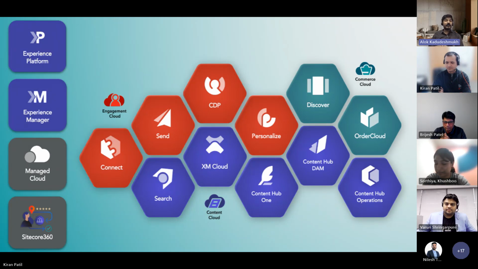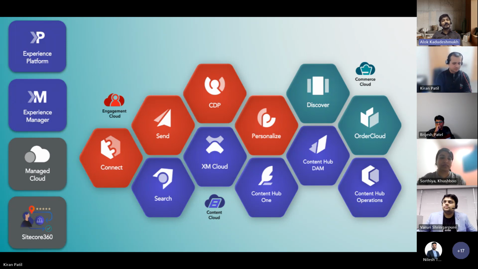I was leading the managed services application support team for the last 2 years, and we have been handling 15 plus clients in managed services. We do have clients who are on Sitecore MVC, SXA. Then we onboarded a client who was on Sitecore Commerce. And around 6 to 7 months ago, we onboarded clients who are on Content Hub and Order Cloud, and right now we are onboarding clients who are on XM Cloud.